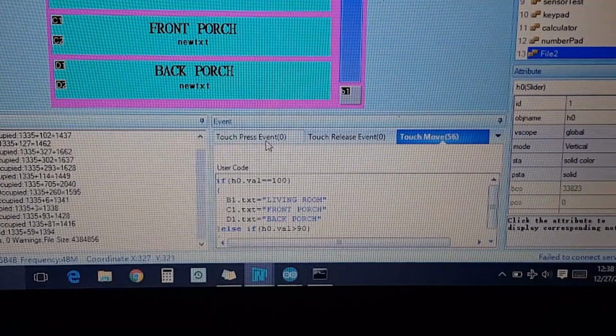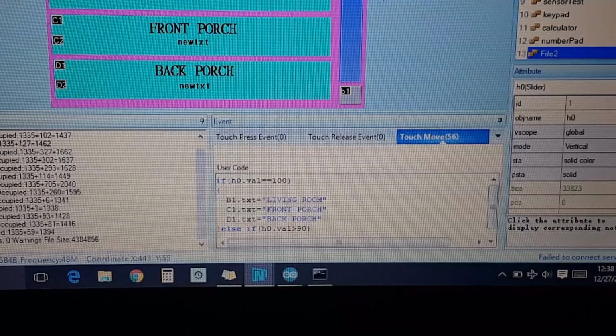I have it set up where it starts at 100%, where it's at its highest. So if the H0.value is equal to 100%, which it does, then I have it as